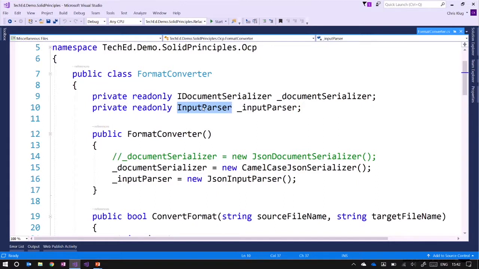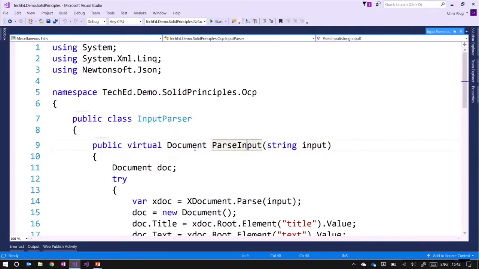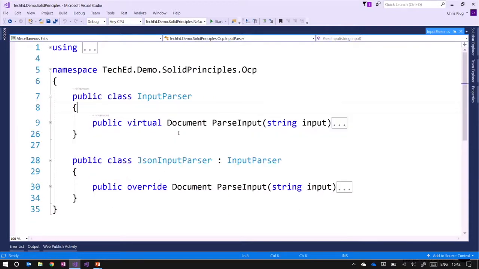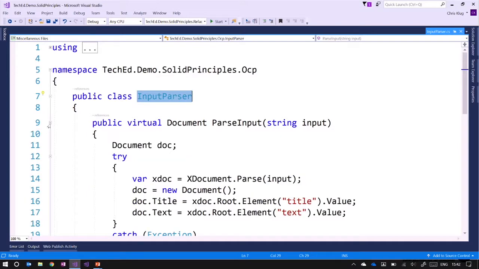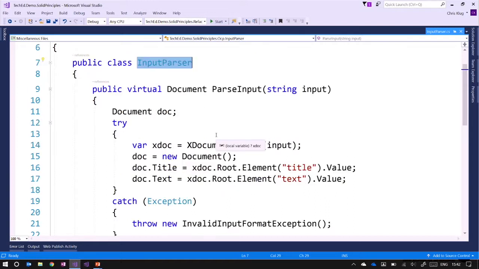So this idea builds on the Meyer instead, where we have a base class. And if we go and look at the input parser, I have a class here. You can see I have my input parser. And what it does is that it takes a string and it converts it from an XDocument into XDocument and returns it. But just to show that I can then inherit that, that's a virtual method,